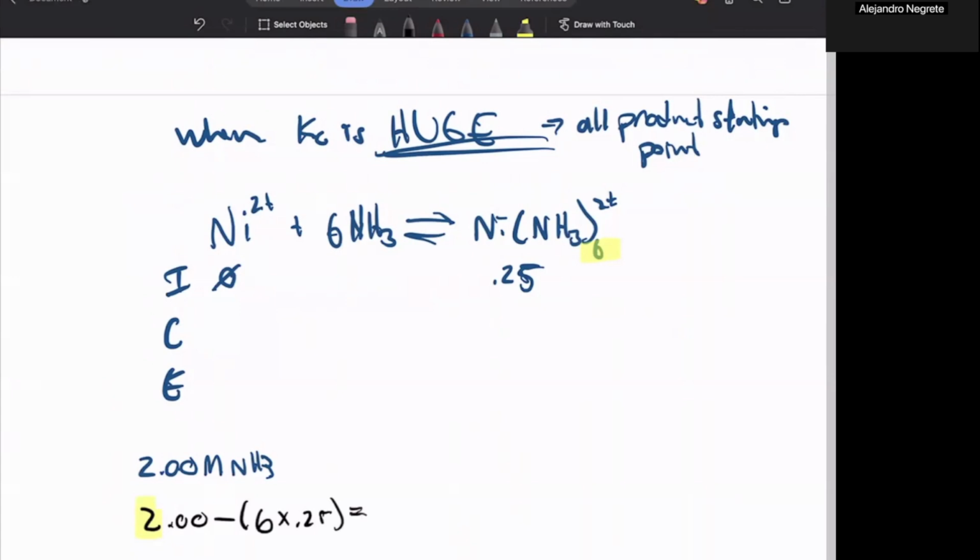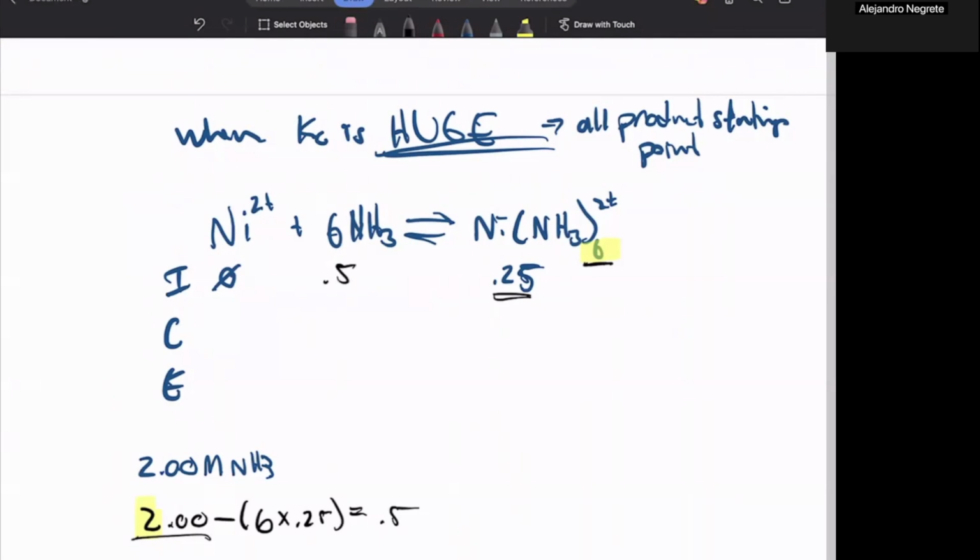Because we have 6 of them, 2.5, so 2.00 is our initial. We subtract 6 times 0.25, and this ends up being 0.5, so that's going to be our initial 0.5